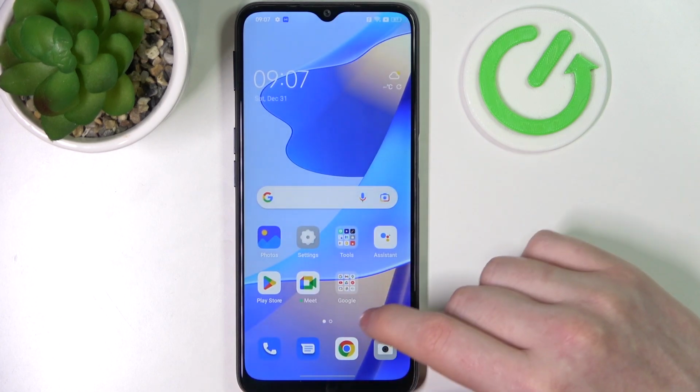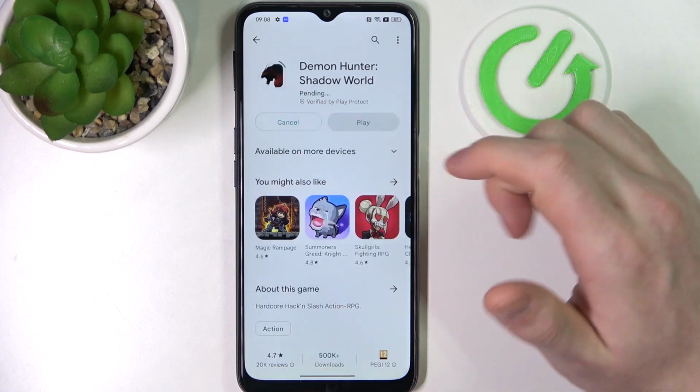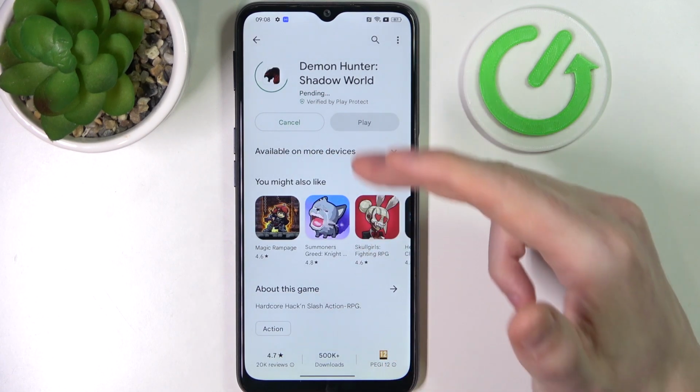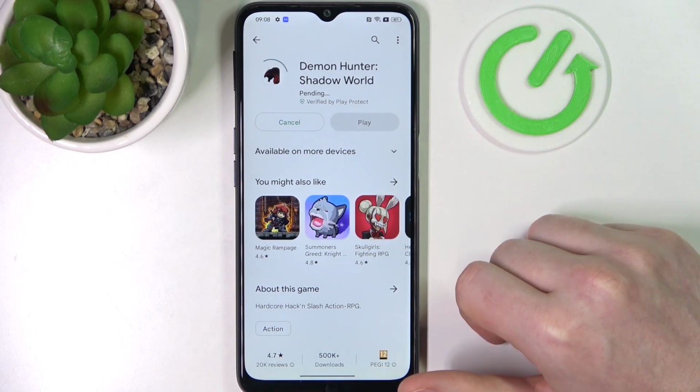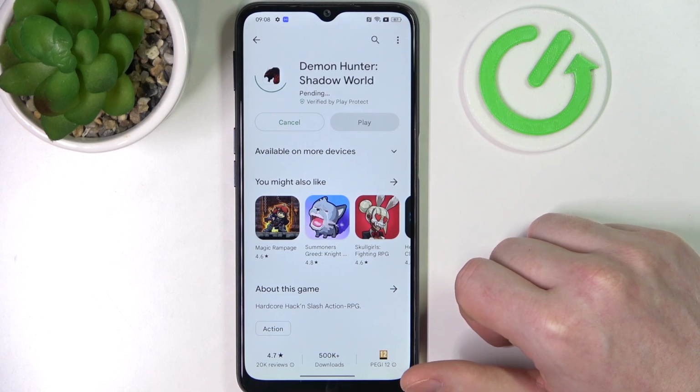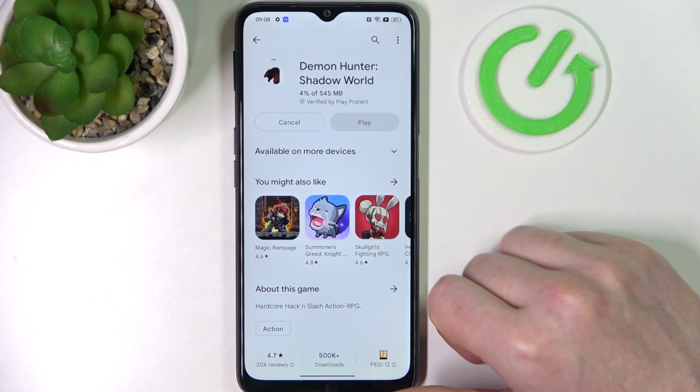Yep. And the same is with Google Play Store, so we can install the game. And now it should begin the actual download. Yeah. And that's it for this